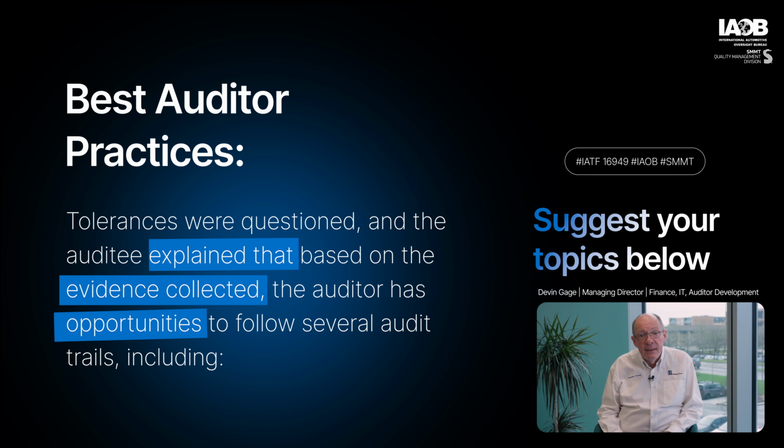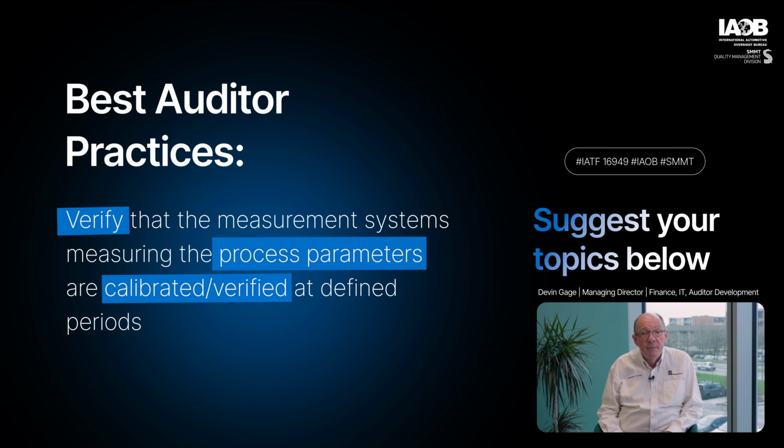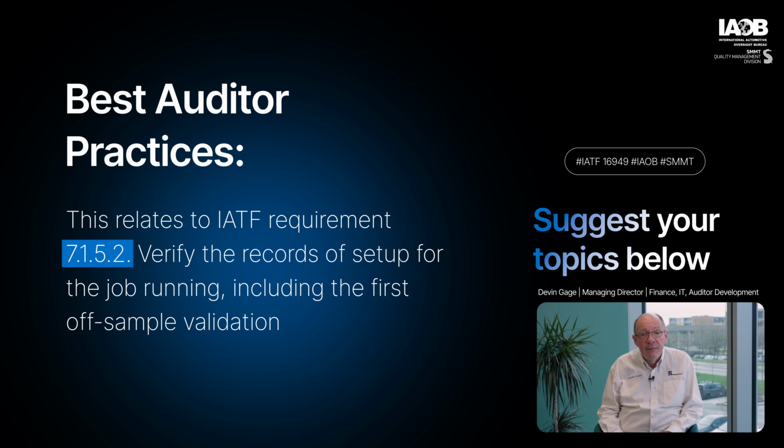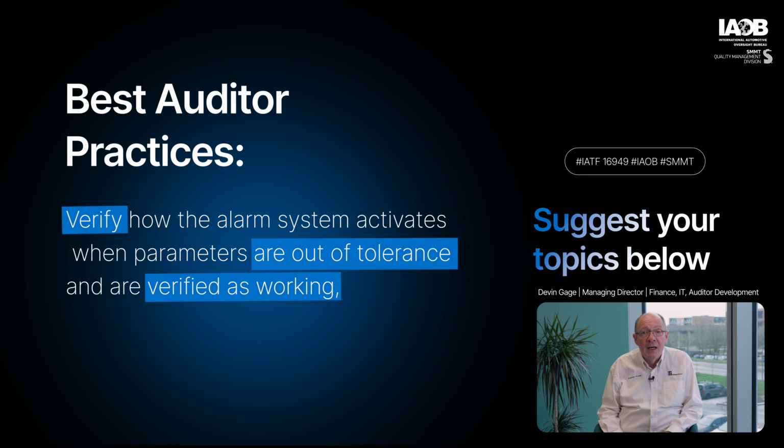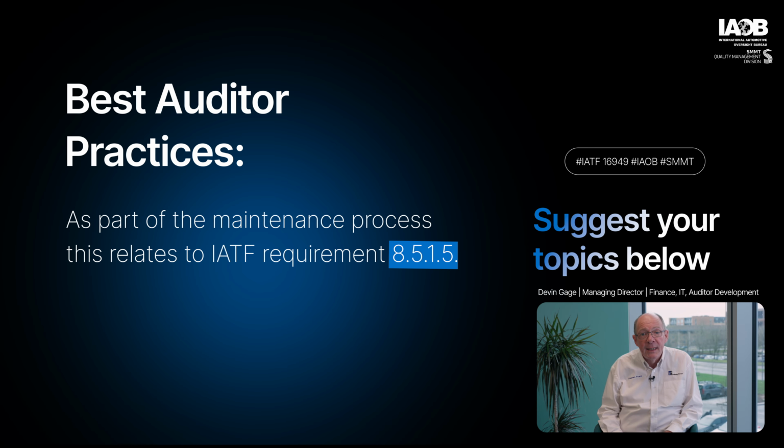Based on the evidence collected, the auditor has opportunities to follow several audit trails, including verify that the measurement system measuring the process parameters are calibrated, verified at defined periods. This relates to IATF requirement 7.1.5.2. Verify the records of setup for the job running, including the first off sample validation. Verify how the alarm system activates when parameters are out of tolerance and are verified as working. Maybe as part of the maintaining process, this relates to IATF requirement